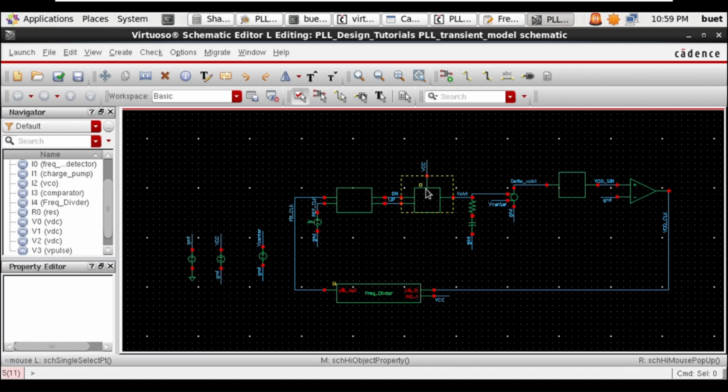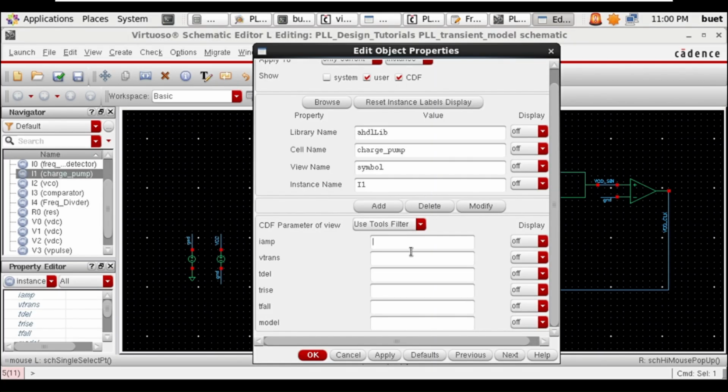Then this will be I charge pump, and transient time will be 0.45, delay will be 1 pico, rise will be 10 pico,